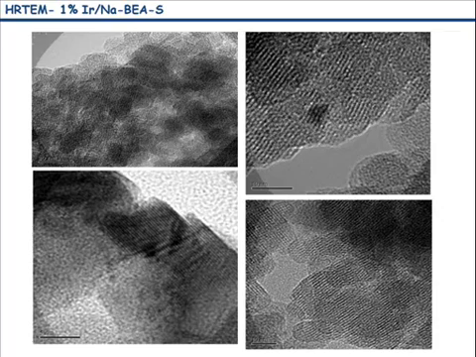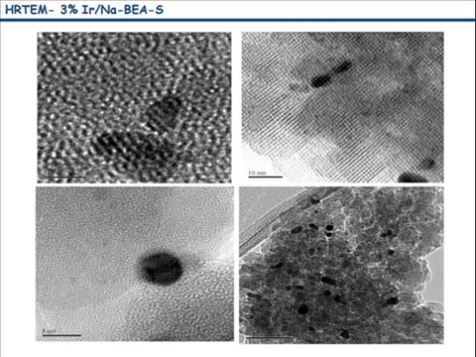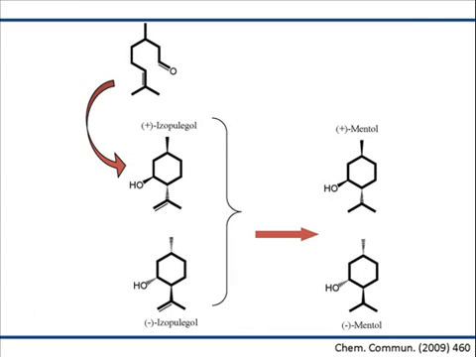Now, I told you we are looking for the reaction, and very recently, in our cooperation with Professor Chemnitz in Berlin, an inorganic chemist, they said, okay, we are preparing such kinds of materials. Can we find an application for these materials? And we said, okay, if you look at the properties, they are quite close to the properties of the zeolites, also in terms of texture, also in terms of the acidity. Why not see if they work in the reaction in which we already proved